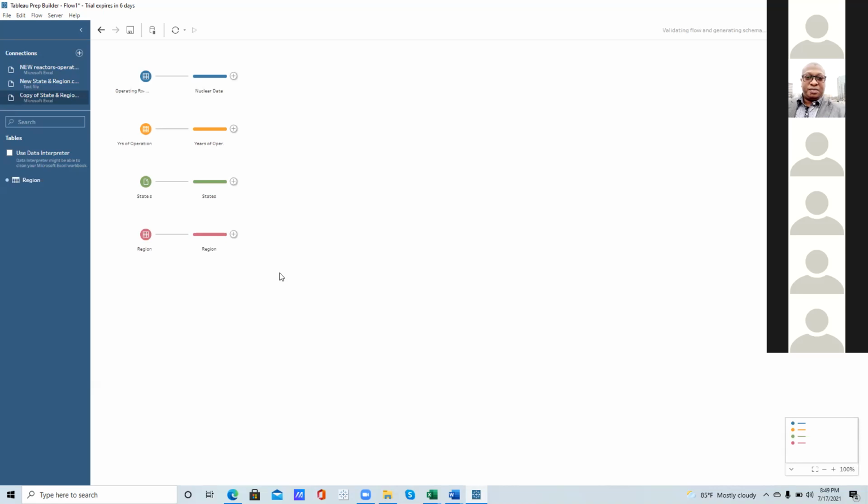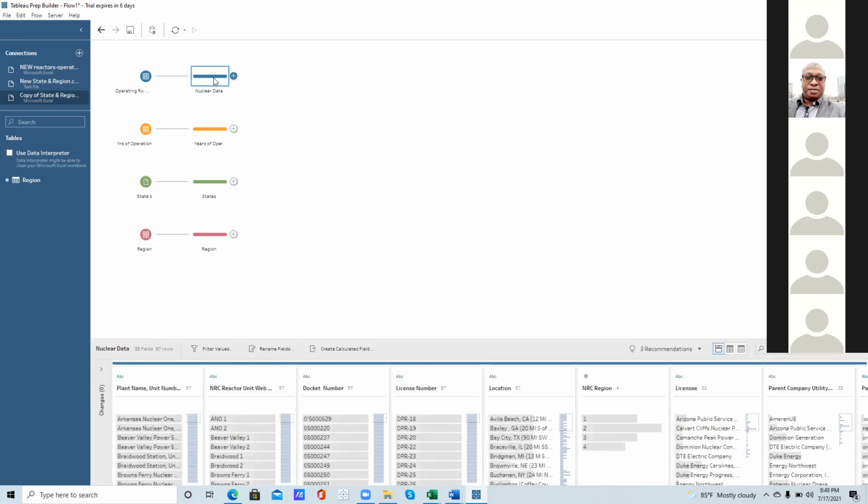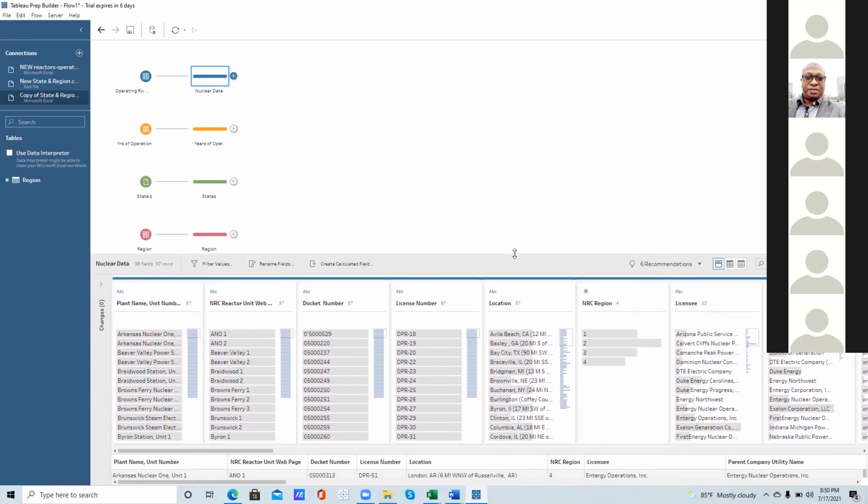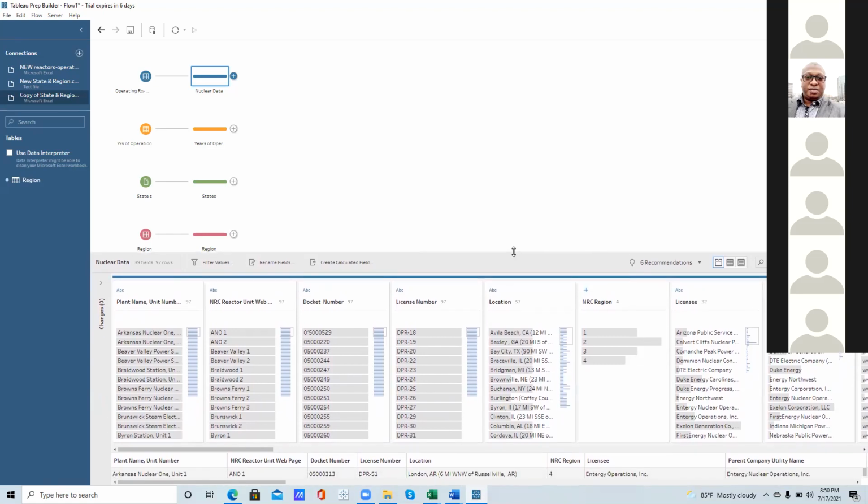So the first thing is let's go to nuclear data. Click on that. Just click. No, click on it. Remember what we want to do here. There's one place that has the state as a code. I've forgotten the field name anyway, but we can look for it. Drag that up a little, one more step. Okay, so let's scroll and look for it.